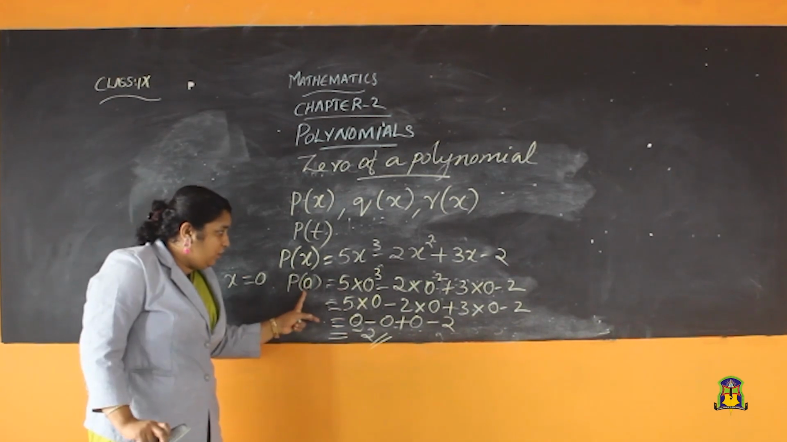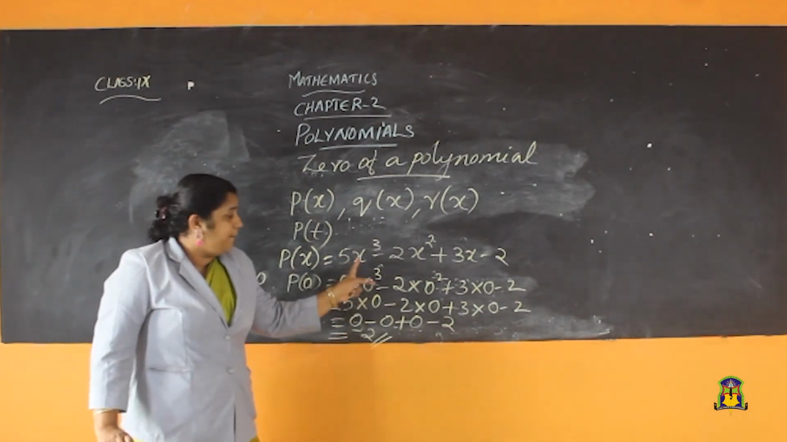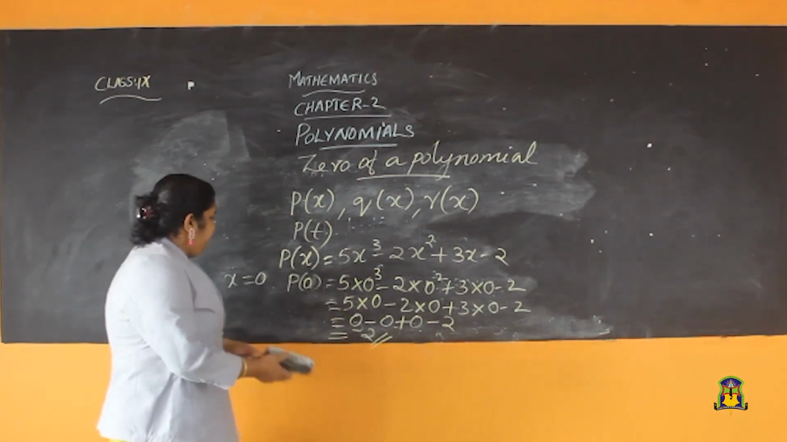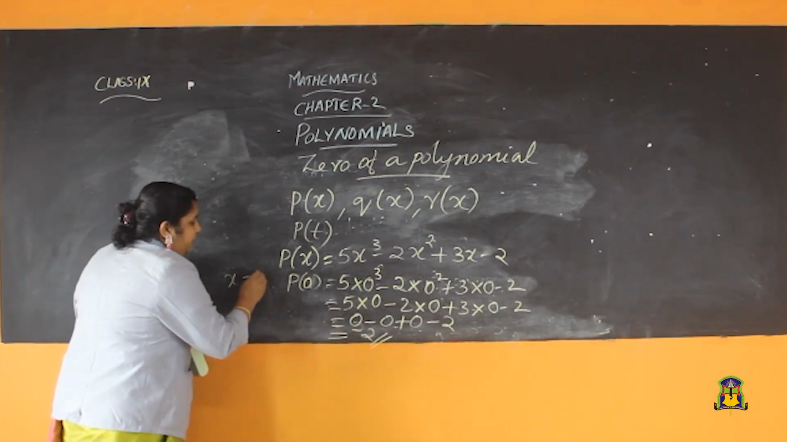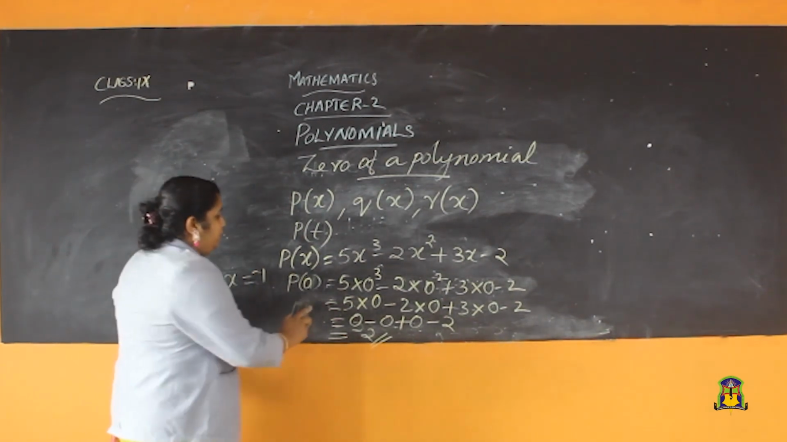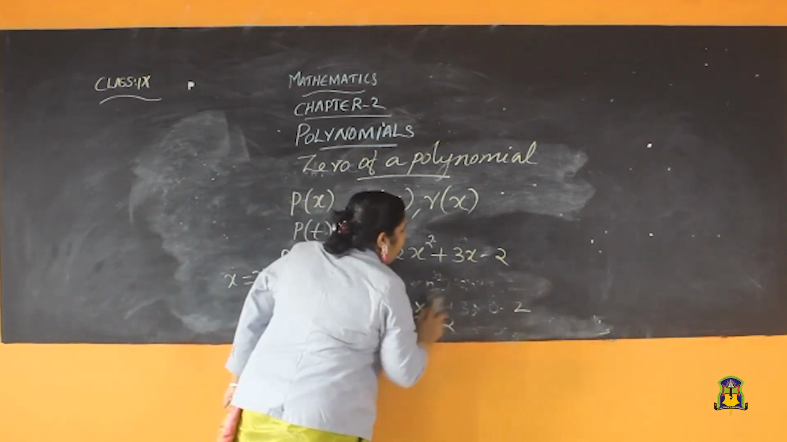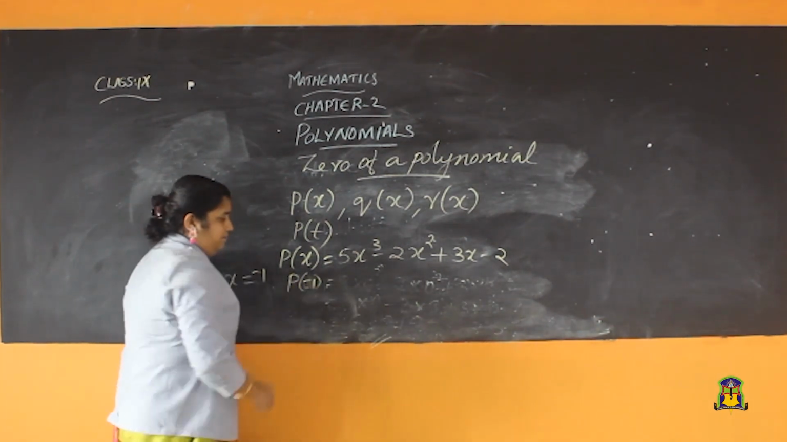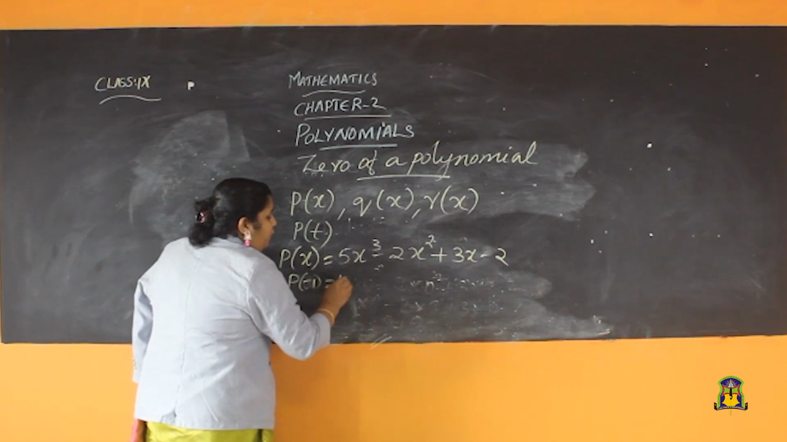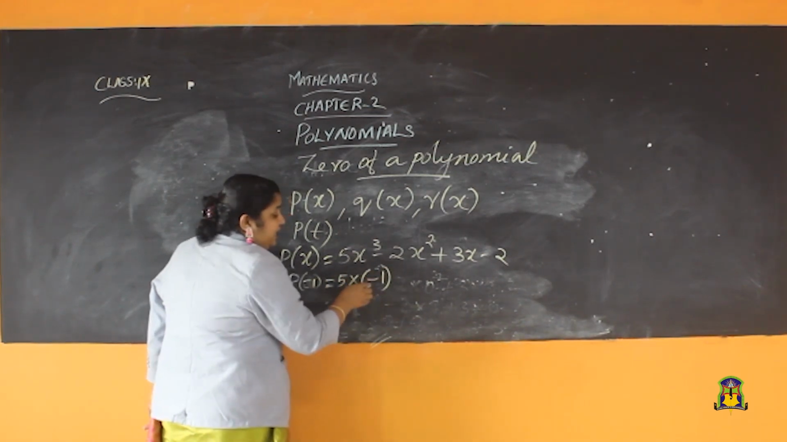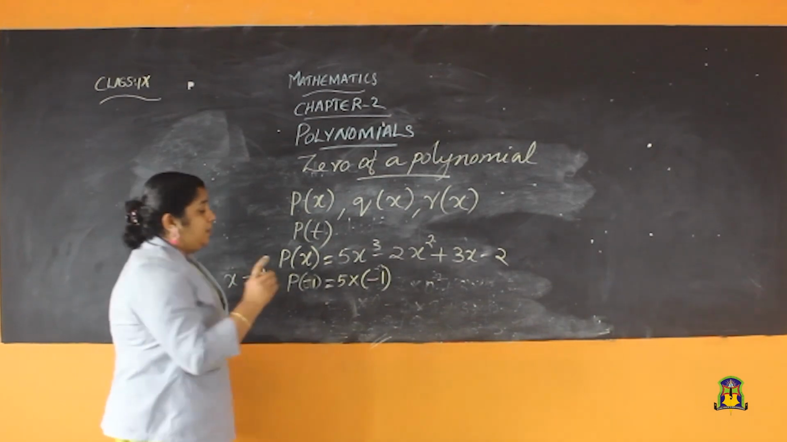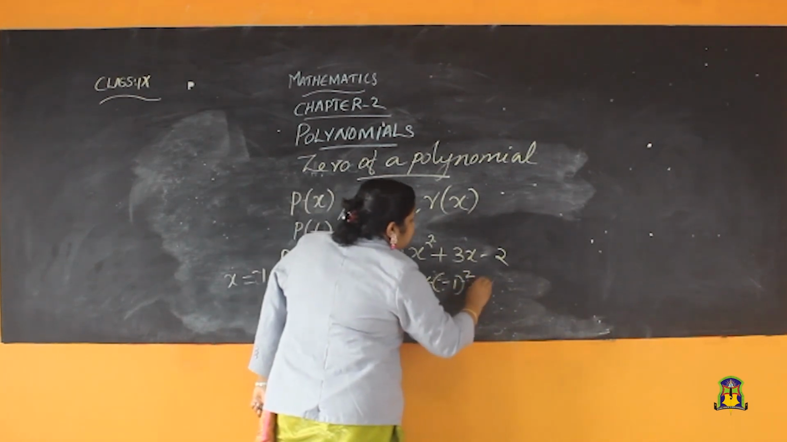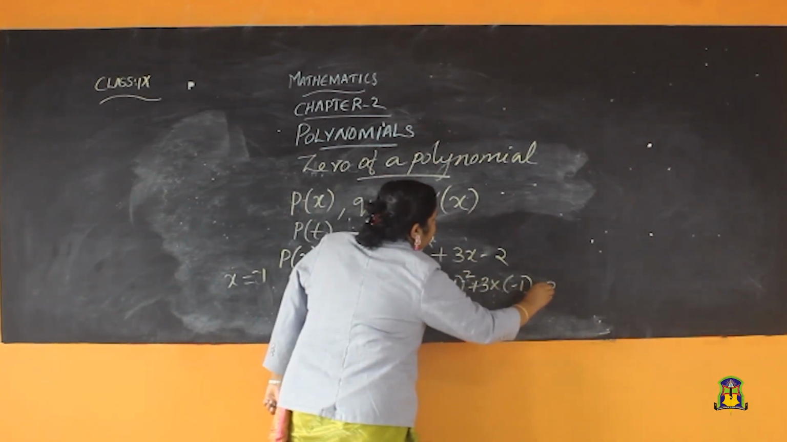So, instead of x I gave 0, so wherever x is there in the polynomial, there I applied 0. So I got the answer as minus 2. Again I will choose one more number, x is equal to minus 1. Then what is your answer? That means in the polynomial, instead of x we want to put minus 1, right? So p of minus 1 will come. What is p of minus 1? 5 into minus 1, because the negative sign is also there, so we want to put it inside a bracket. Minus 1 the whole cube, minus 2 into minus 1 the whole square, plus 3 into minus 1 minus 2,